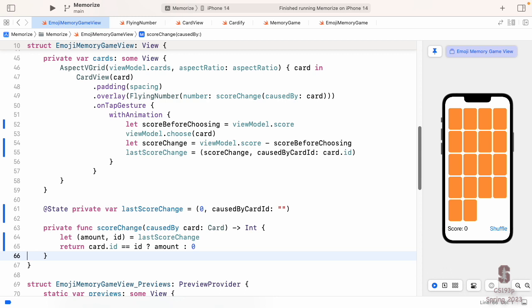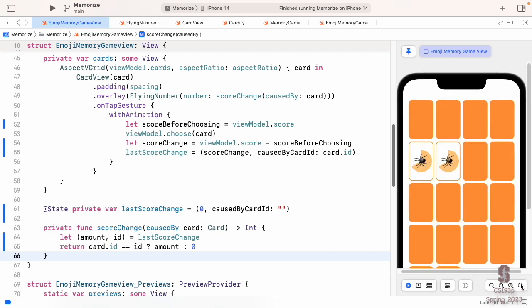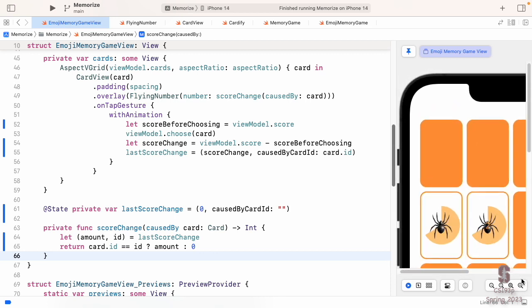When I flip these over, they should start showing this number, right? Let's take a look. Let's try here. That obviously didn't cause a score change, so no number there. Another one. Oh, that did cause a score change, right? +2. You can all easily see this 2 right there. Yeah? No, obviously very difficult to see because it's orange, so you can barely see it, and it's small. I'm going to zoom in so we can see it a little better. Now can you see it? That 2 right there.